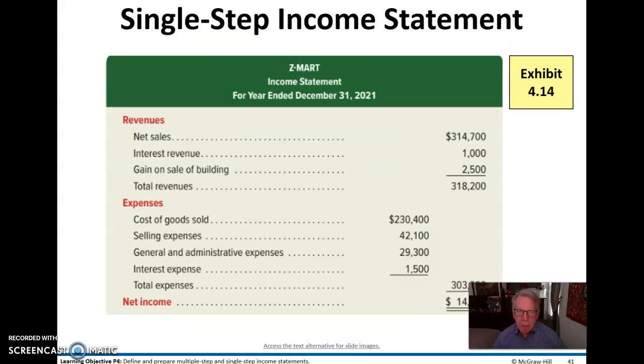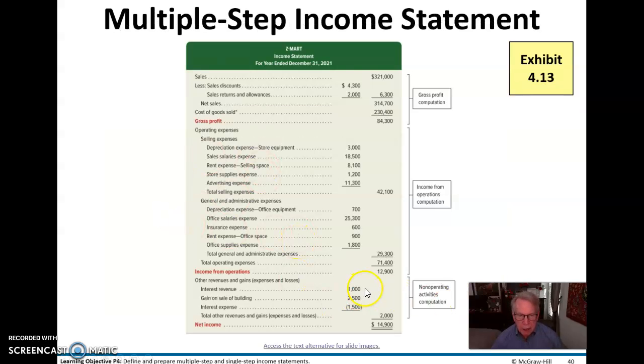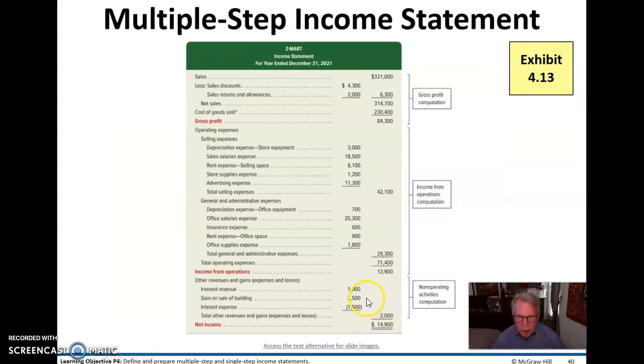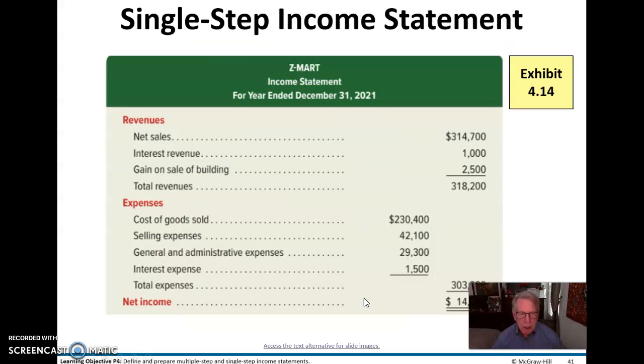With a single step income statement, here we summarize. We show just net sales, but we bring that interest revenue up under revenues. That interest revenue was clear down here in the multi-step income statement, but we bring it up into the revenues section of the single step income statement, and that gain down here as well. We're going to bring that little beauty up here under the revenue section, and we have total revenues that way